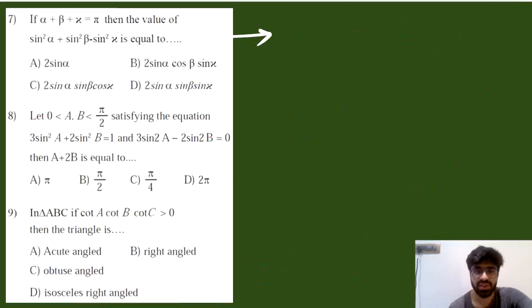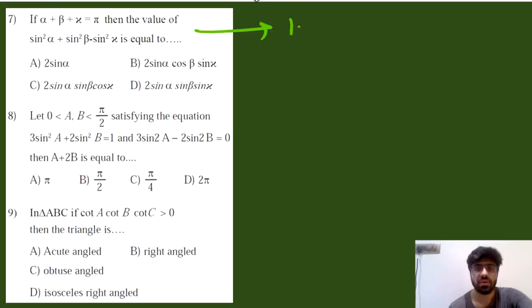That is how we solve the 6th question. Go ahead with the 7th one. So alpha plus beta plus x is equal to pi. Sine square alpha plus sine square beta minus sine square x will be equal to what? So you can just write sine square alpha